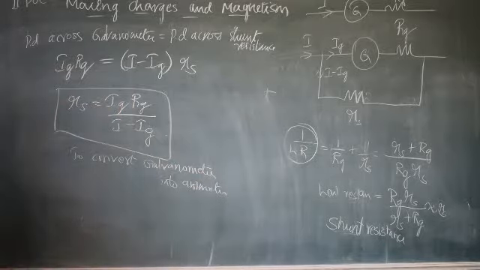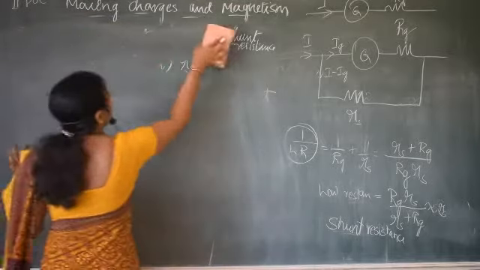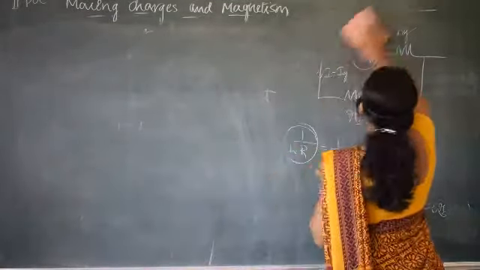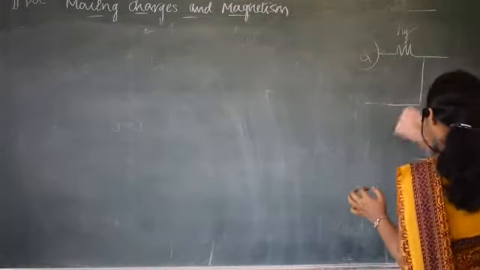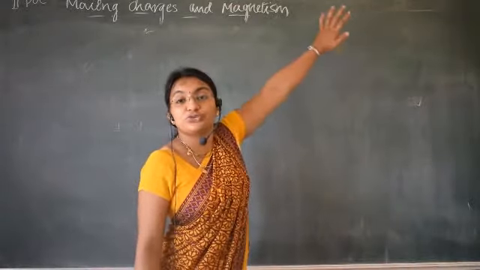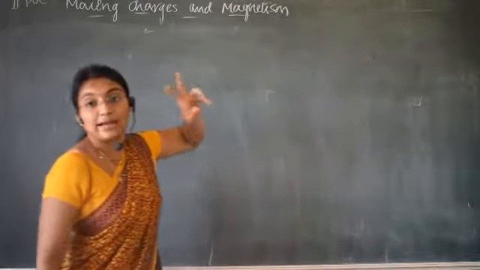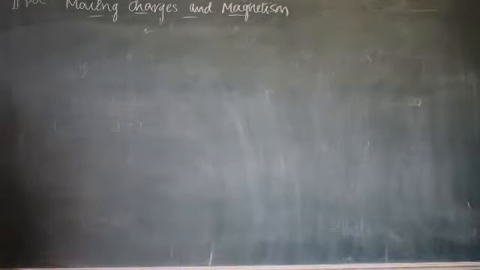Next concept is converting the galvanometer into a voltmeter. Can we convert the galvanometer into a voltmeter? What is a voltmeter? A voltmeter is a device used to measure the voltage or potential difference. For that 3 marks question, you should draw those 2 diagrams: one which I had drawn over here, and one more diagram. Two diagrams are important, then you have to write those points. So please write it in your notes. It is a very, very important question for 3 marks. It has come in most of the question papers.